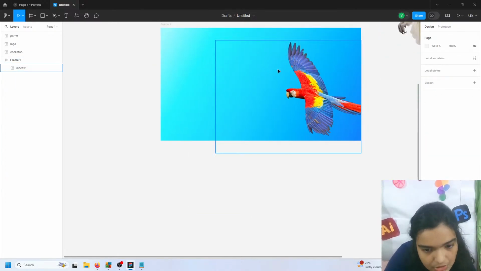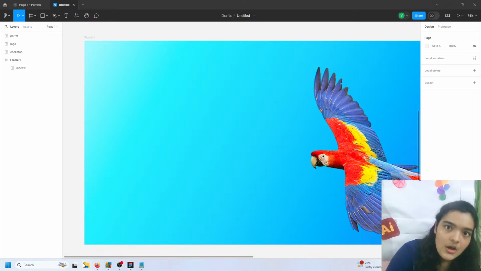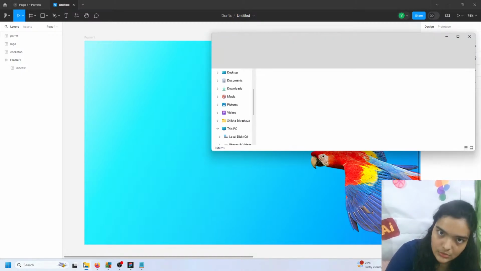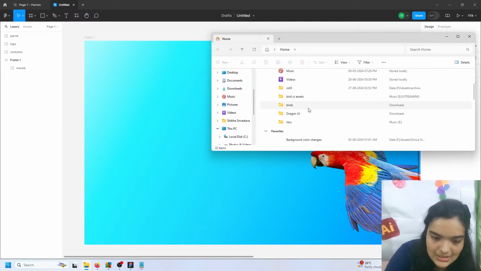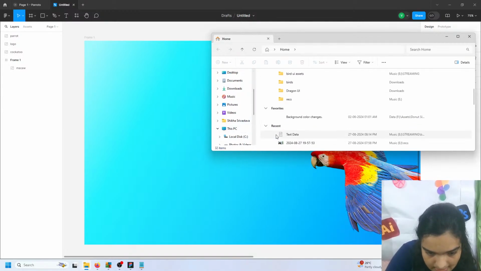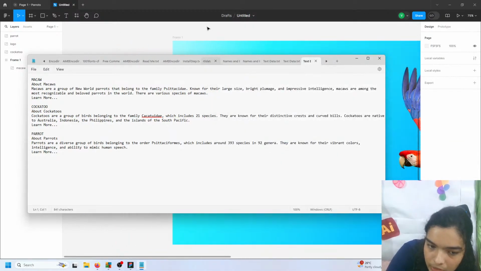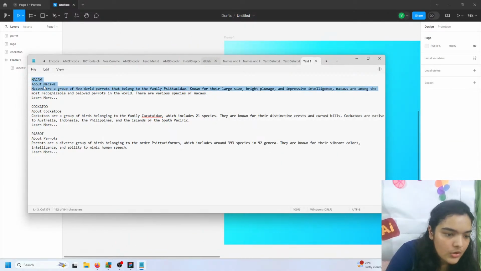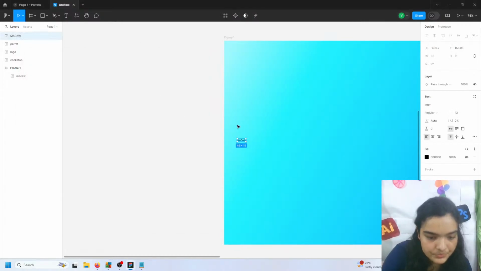And now we are going to start putting in text that we have. The file that you extracted from the Google Drive folder down in the description had 4 different images and a single text file. This text file has all of the different data that you're going to need as text inside of our UI design. So I'm going to copy the name of the bird in the very first step, paste it,